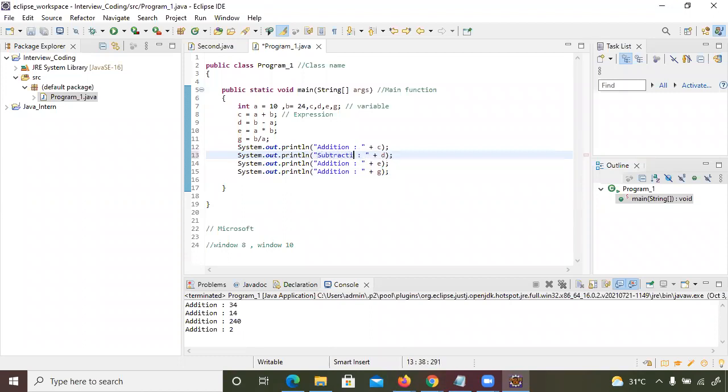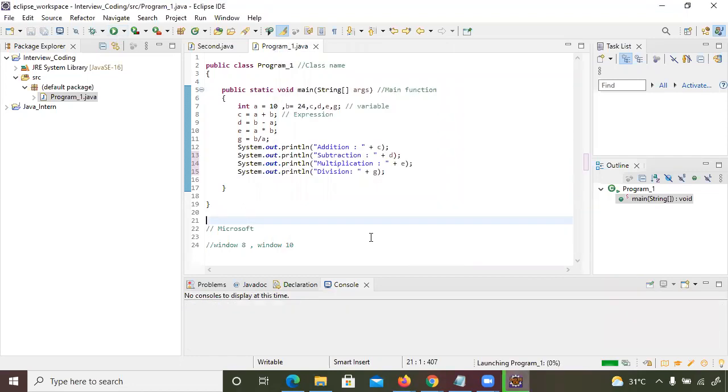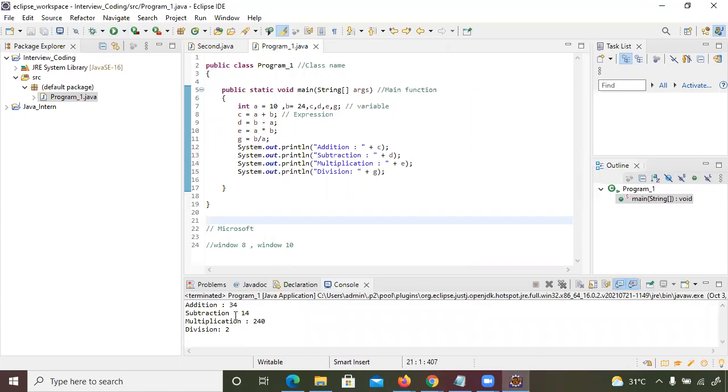Let's make a correction here. Now let me rerun it. See, now we are getting the correct output, right?